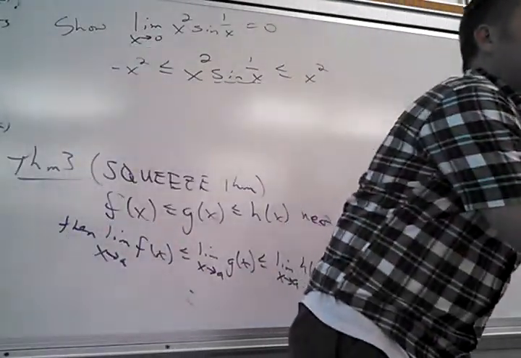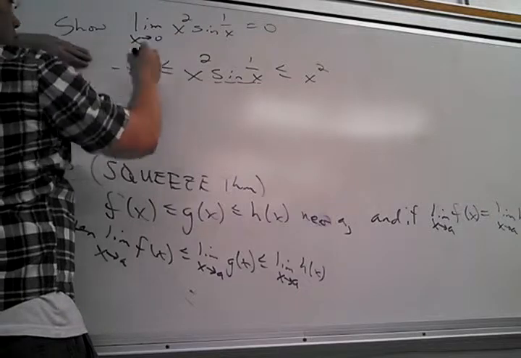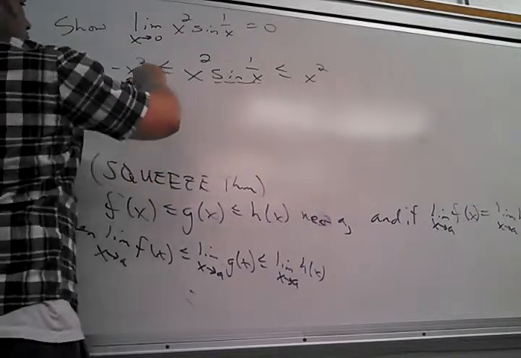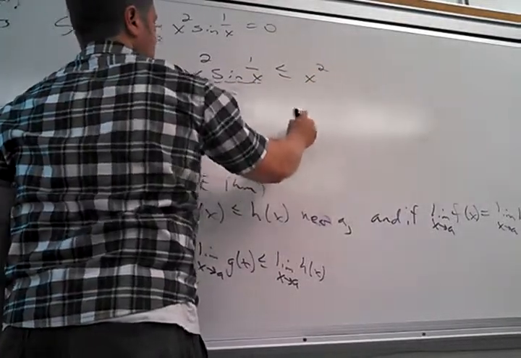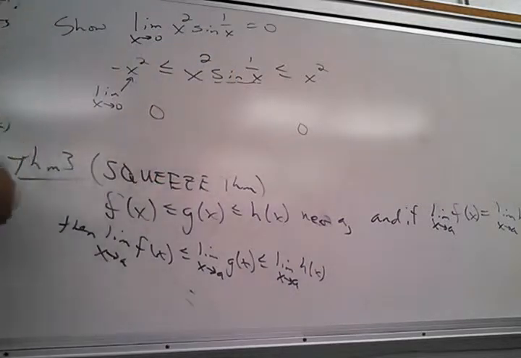And what are the limits of the endpoint functions? What are the limits of both of these at 0? Limit as x goes to 0, this is 0. Limit as x goes to 0, this is 0. So then the limit as x goes to 0, this has to be 0 because it's contained, right? So that's such a precise place you can use this theorem. It's not used a lot, but it's just such a cool thing to look at and to see how it works. And that's all the time I want to devote to that.